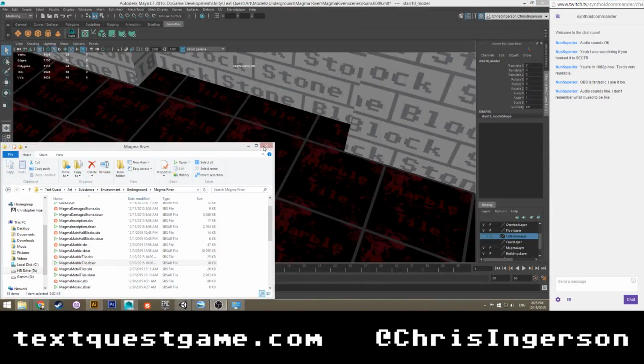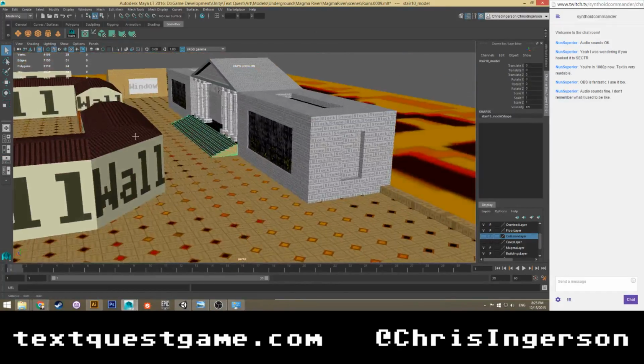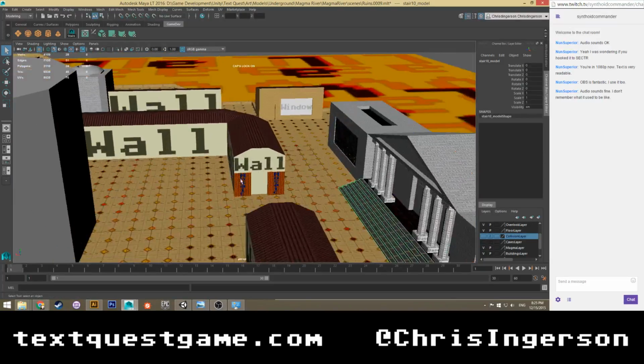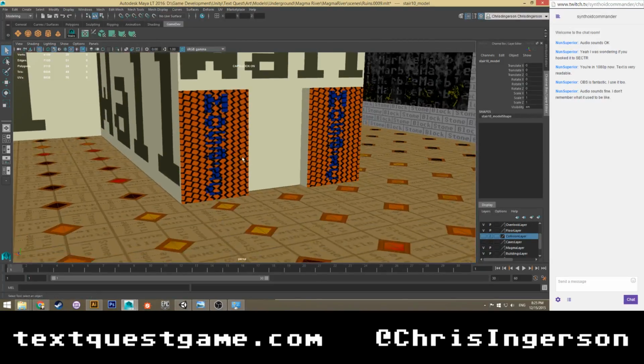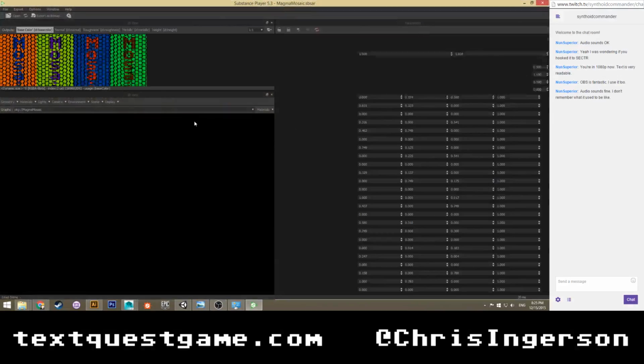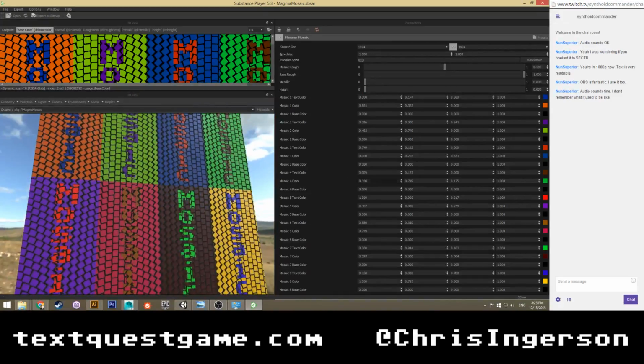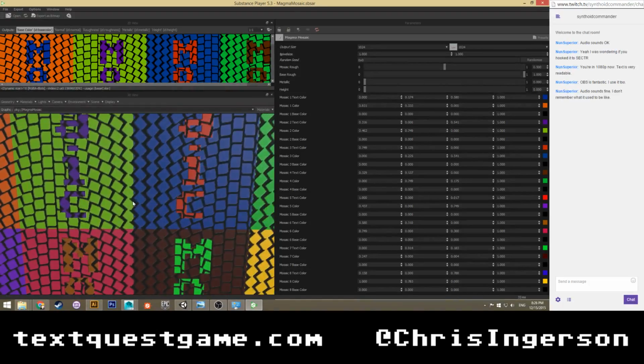So, okay. What are we gonna do today? Oh, we can take a look at the mosaic textures. Let's go back here. So magma mosaic, I believe is what I called it. So this is the mosaic texture as it exists inside Substance Player. Now, you might notice that I went crazy with the colors, which I'm sure is not very performant when it's loading it. Actually, I'm 90% sure that it's not.